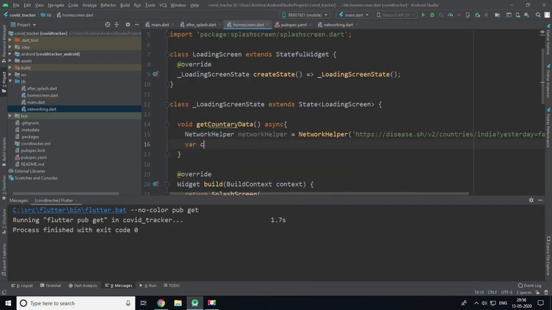Now we need a variable called countryData, which is equal to await, and we will pass networkHelper.getData so that we can get the decoded form of our data.